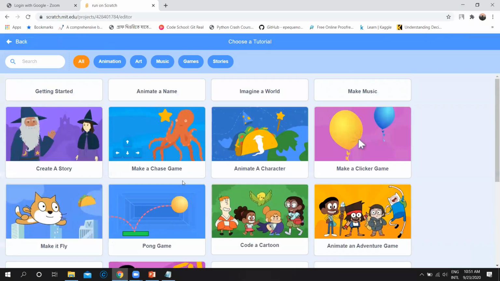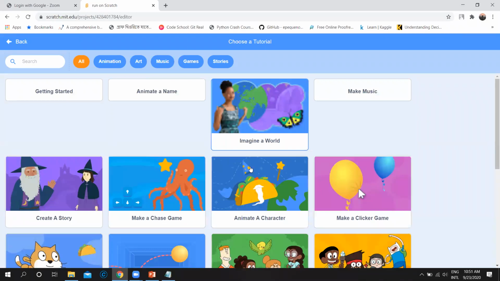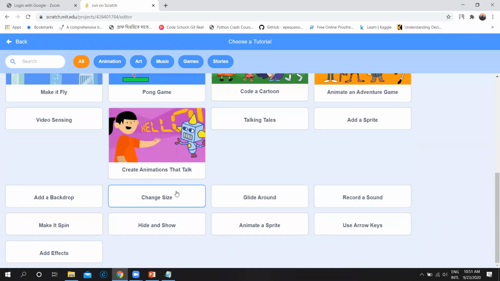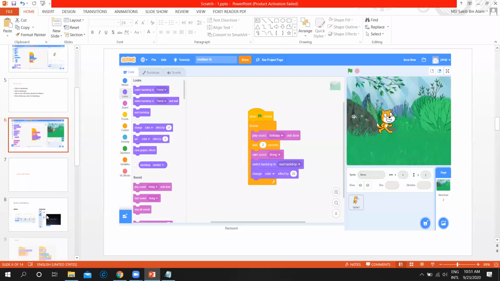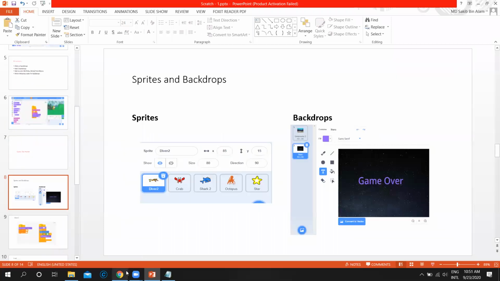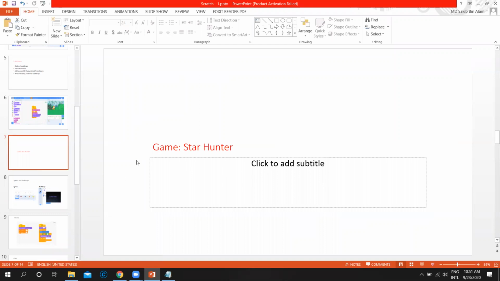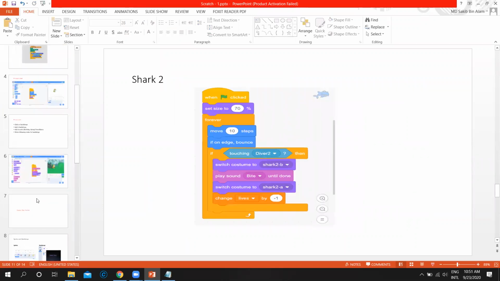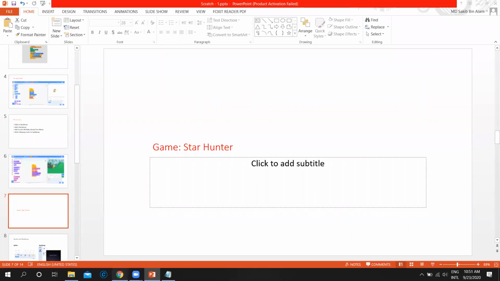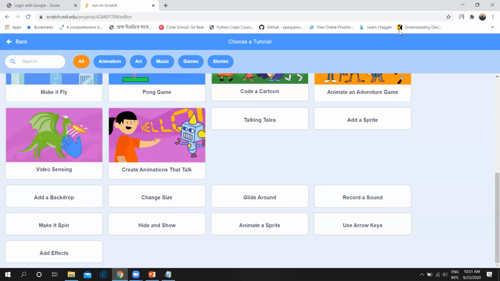Okay, all of you, I am telling you to explore this by yourself. There are already some created projects for you, and I will upload the slide. In the slide, you will get another project. If you cannot explore the website, that's fine. You can just create this game by yourself, Star Hunter. This is a very interesting game. If you click, all of the options are there. You can do it by yourself. Okay, try to explore it. Tomorrow we have another class, and after this Express section, I will give you some interesting things to create.